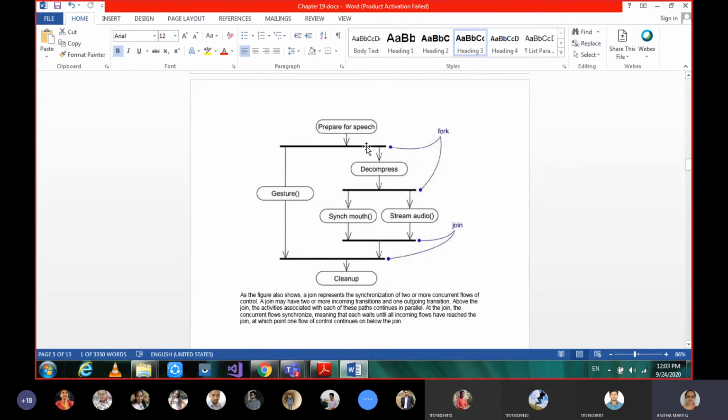By using a synchronization bar, we can show that a single process is dividing into more than one process, and that we call forking. And when 2 are being joined into one process, that is also shown through a synchronization bar. That is what we call joining.